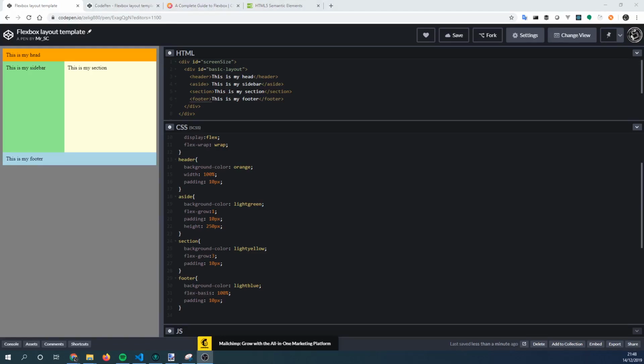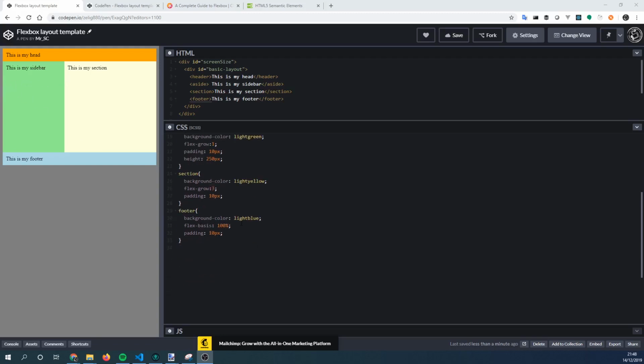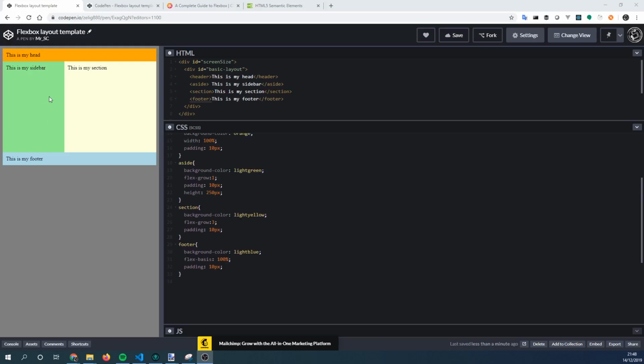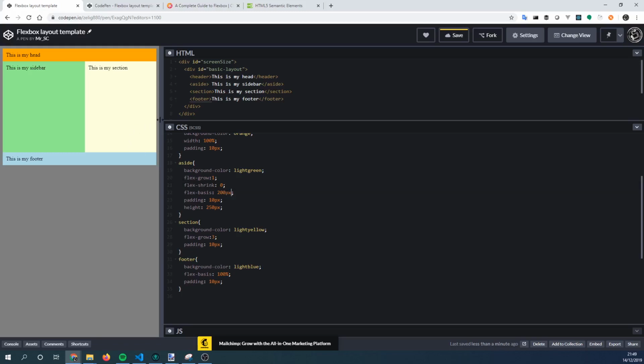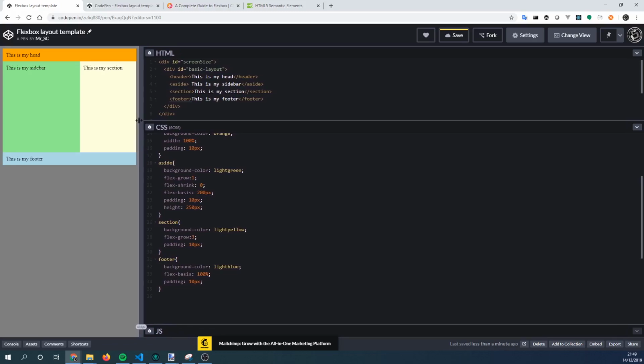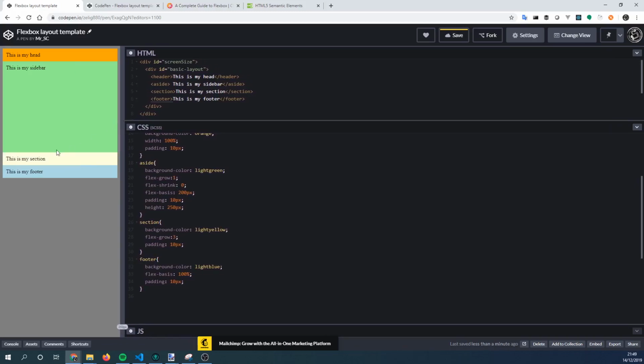To be able to decide when the sidebar and the section will wrap, we need to use 2 different Flexbox properties. The first is the one that sets a size for our element that we used before, called flex-basis. And the second is flex-shrink. So for our purpose, we're going to set flex-shrink to 0 because we would not like it to shrink less than the default size. And we're going to set a basic size of 200 pixels. If we now resize our body, you see that it shrinks when this section